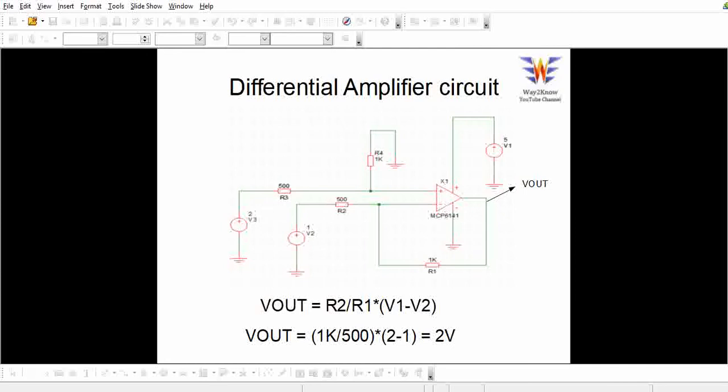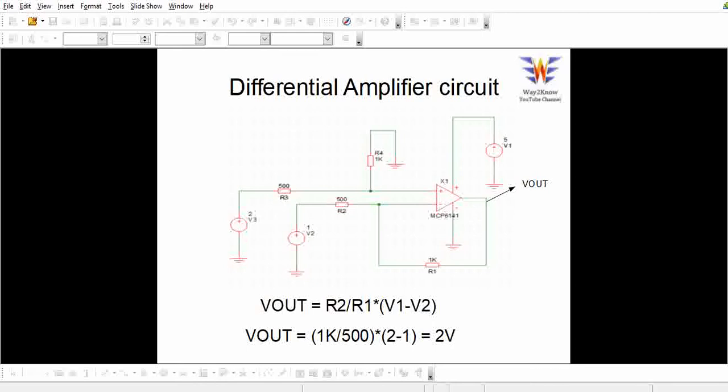The main important use is that if you have differential signals and they need to be processed and input to your microcontroller, a differential amplifier is one of the primary sources. Now, considering that scenario, a differential amplifier has several advantages, right? It has very low common mode gain, and CMRR is infinite, right?